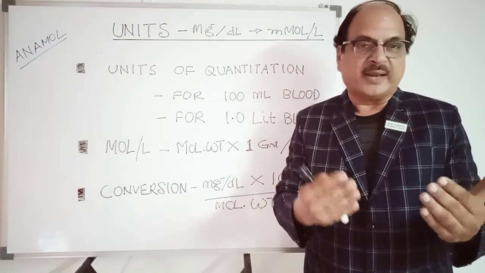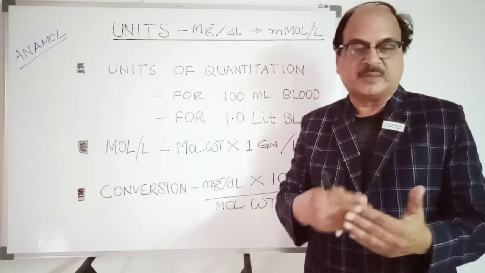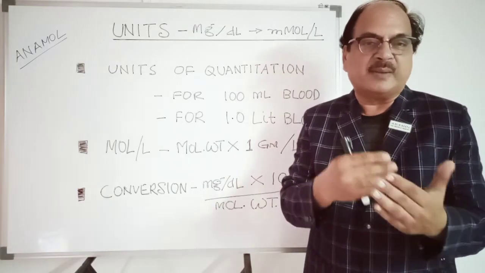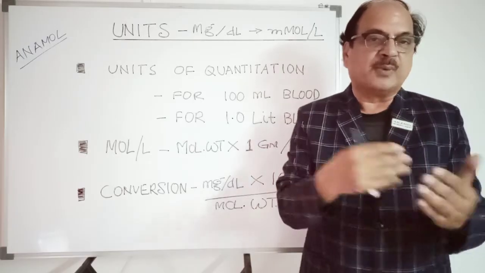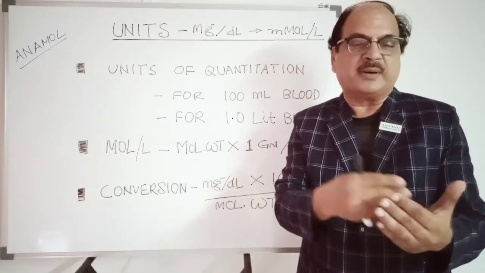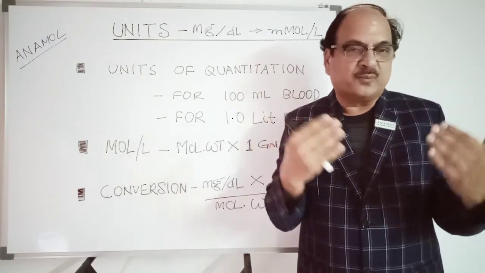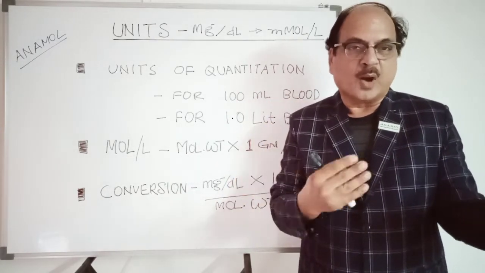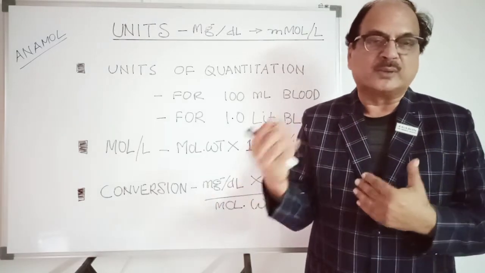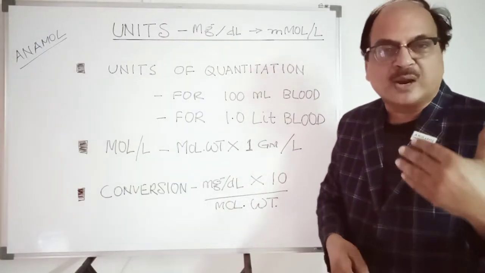When they are doing analysis of a molecule, let's say blood sugar, you can find some reports mentioning millimoles per liter, and some places they mention milligram per deciliter. When two reports come to a physician, they get confused about how to compare these two values and how to interconvert them. Okay, let's take up today this small confusion, and how to overcome it.